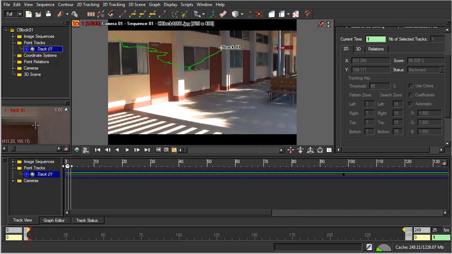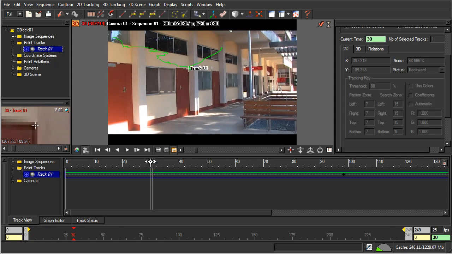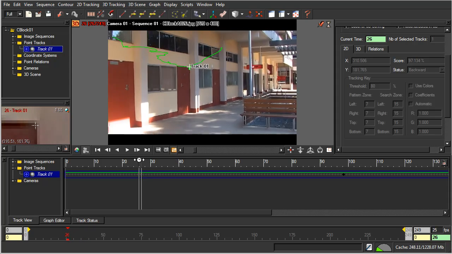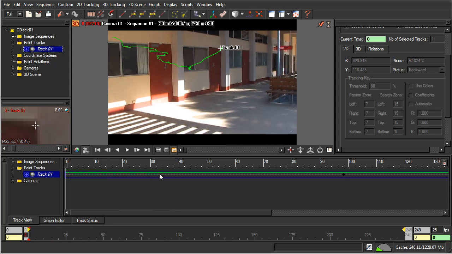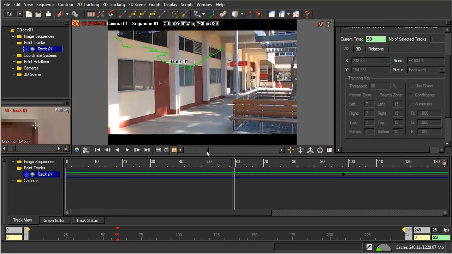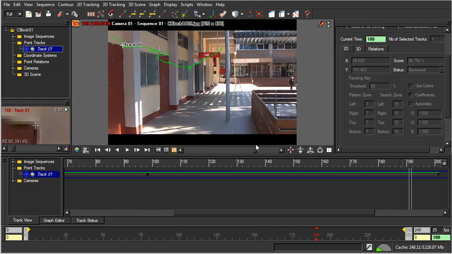But you can see that going right back to the start, we're pretty much spot on with it being on that corner, and the computer's happy with us because it's got this nice solid green line, and so that's a really good track. So what I might do is just go up to this point again,